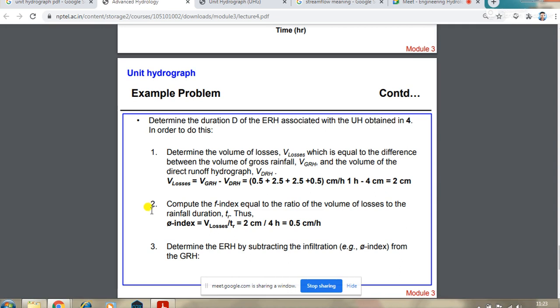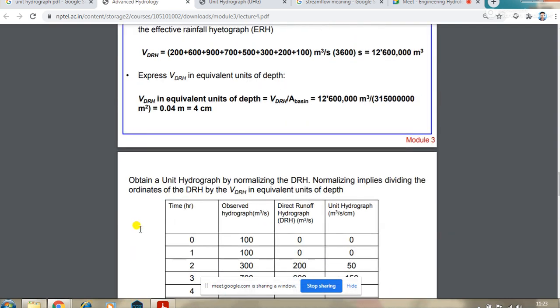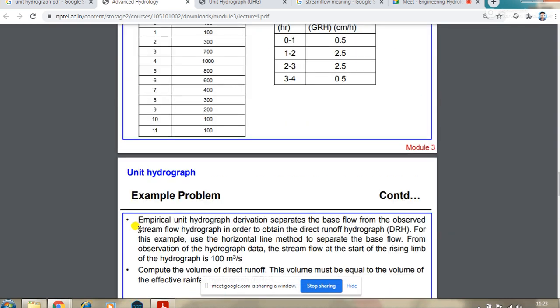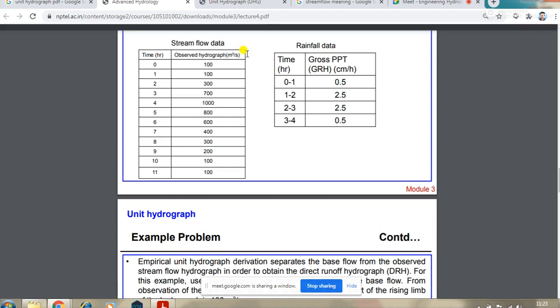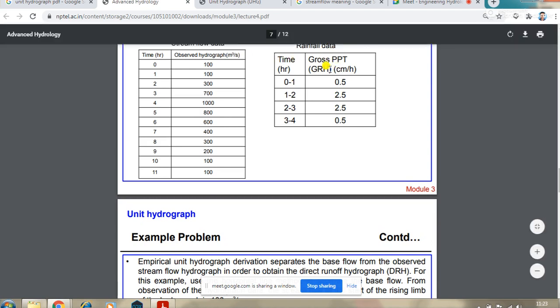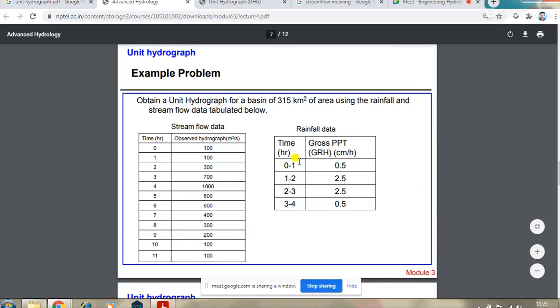कि सर कैसे ये 0.5, 2.5 आप बोल रहे हैं, तो हम लोग फिर से ये जो प्रॉब्लम दिया हुआ था वहाँ पे चले जाते हैं। ठीक है। यहाँ पे देखो ग्रॉस प्रेसिपिटेशन या फिर ग्रॉस रेनफॉल, रेनफॉल डेटा का जो वैल्यू है, फॉर फर्स्ट आवर इट इज 0.5, फॉर सेकेंड आवर इट इज 2.5, थर्ड आवर 2.5, फोर्थ आवर अगेन 0.5।